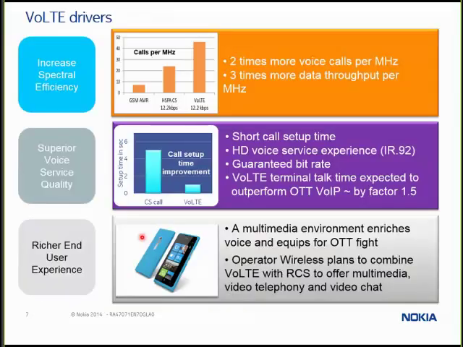Now, you asked about the reasons, why we are doing this. It's because voice over a packet network allows us to have increased spectrum efficiency. In other words, I can get more things into the same space because I'm using less overhead, and it allows me to be more efficient in the way I use the spectrum. That's spectral efficiency. We're talking about more voice calls per megahertz wide of carrier.